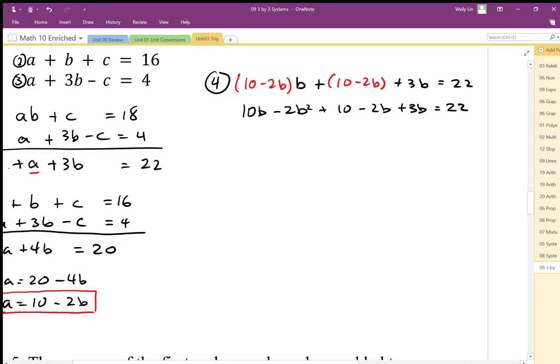There's a reason why we learned to factor, because we're going to do something here. So I'm going to move everything to the right hand side. So this becomes positive 2b squared. Combining like terms,